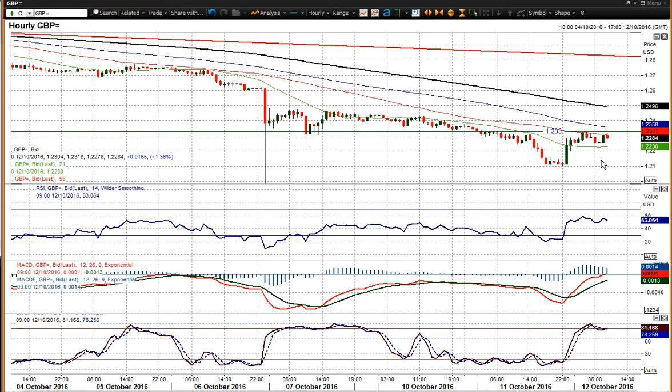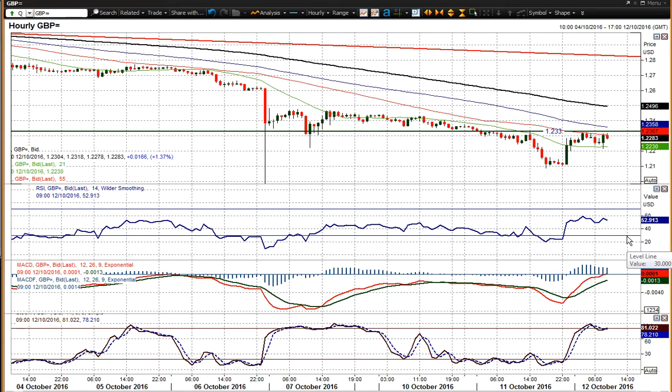So that is a level near term I think the market may be looking out for. So watch out for that. Beyond that you've got 23.75, 24 big figure, 24.80 after that, 24.70, 24.80. So a few levels to work with, but I think this is a rally that's going to be